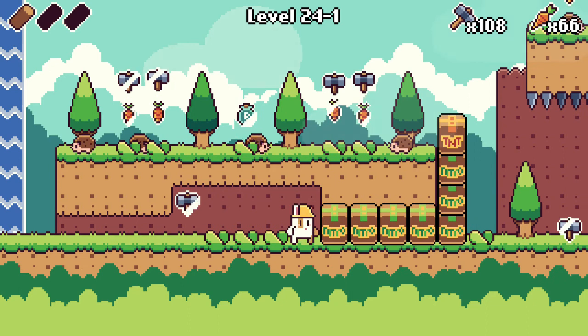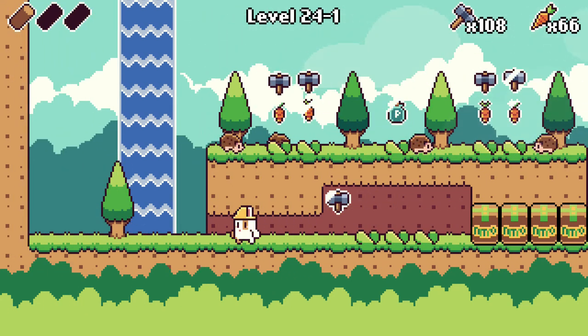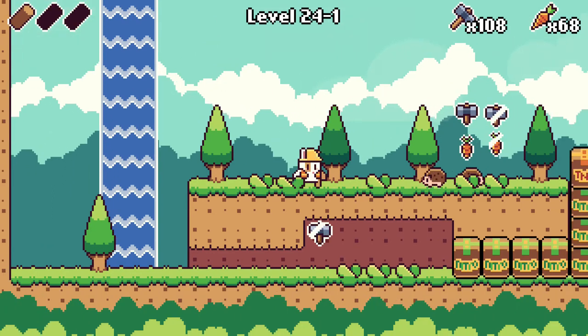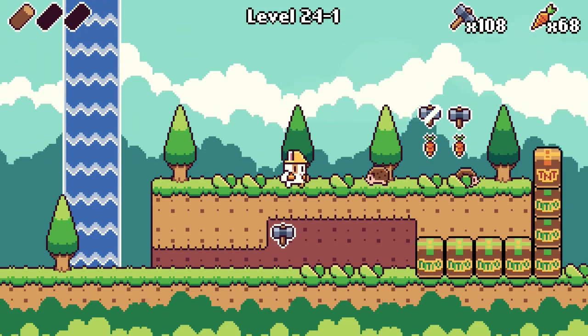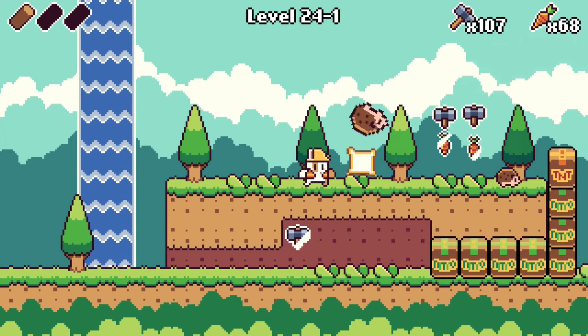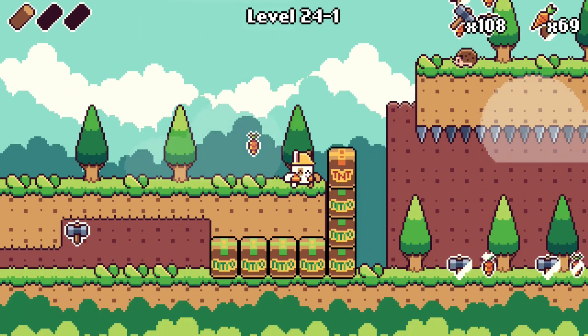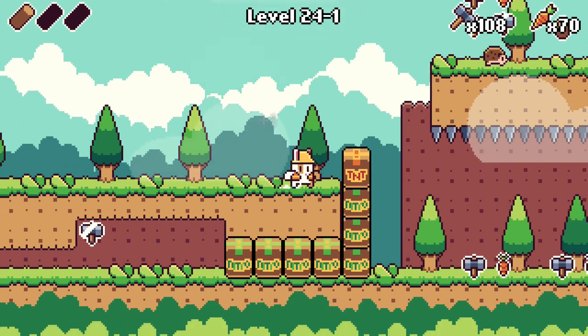Come over and collect that. As you'll see, there's a TNT box there that we need to use to get onto a platform where we need to jump up. Careful throwing hammers at these guys, because if you miss, the hammer will fall through and destroy the Nitros. So we need to use this TNT to get up there to where that hedgehog is to get our next